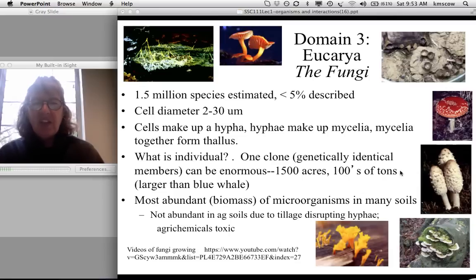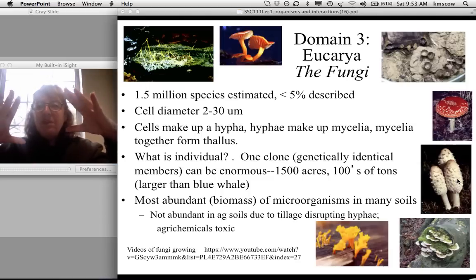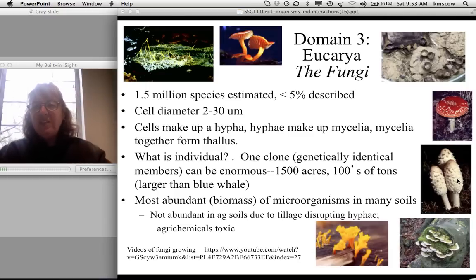I think the other thing I want to point out is a mushroom is an above ground component of what is the more important part of fungi, which is all these hyphae growing below ground. So again, like a plant, there's a lot that's going on below ground that's equally, or in the case of fungi, more important. These fruiting bodies are mechanisms for the fungus to get its spores out in the world,